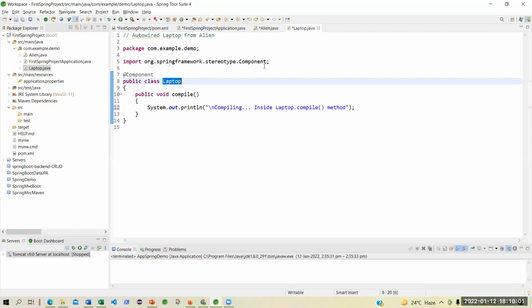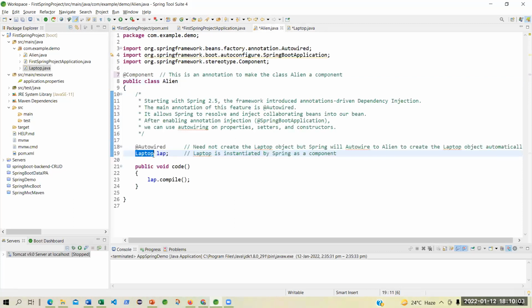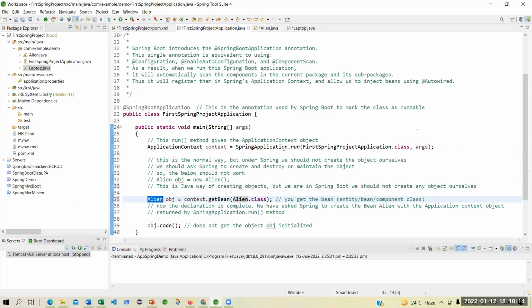But I want that Laptop injected over here because I want to use the method here in Alien. Because again, Alien is an object which has been created in this class. So see the relation. Alien is getting picked up.